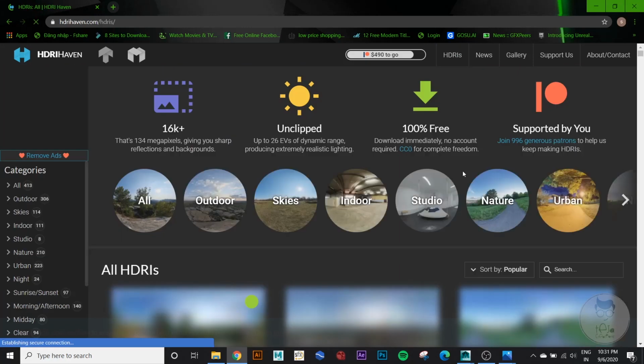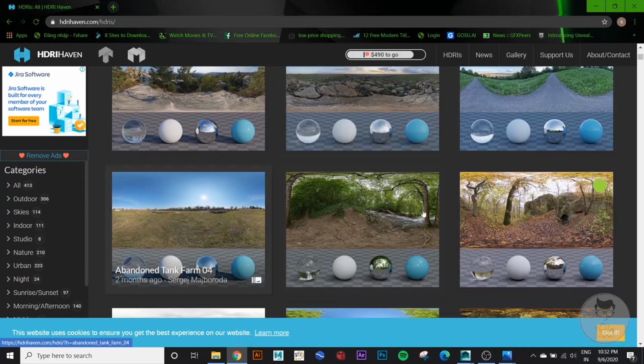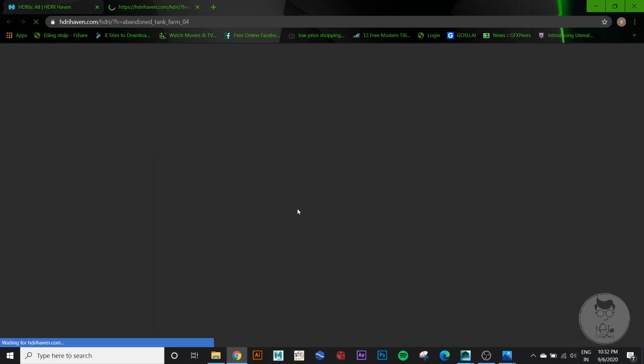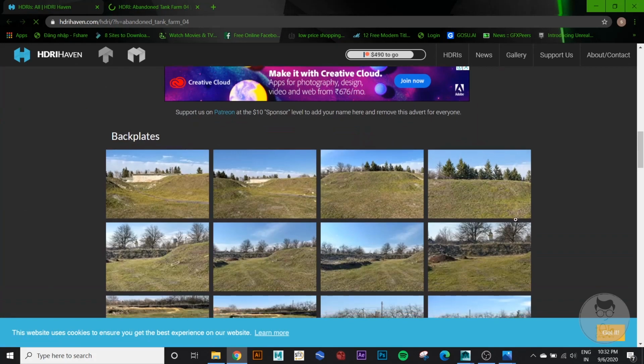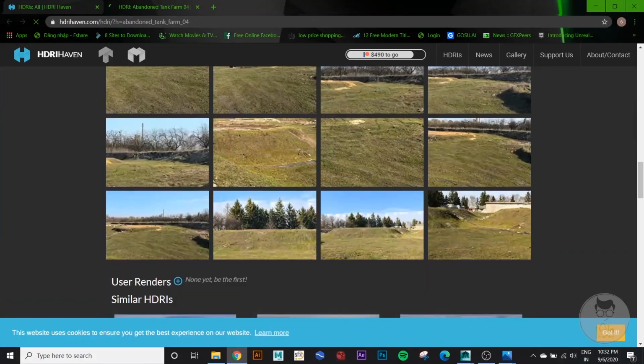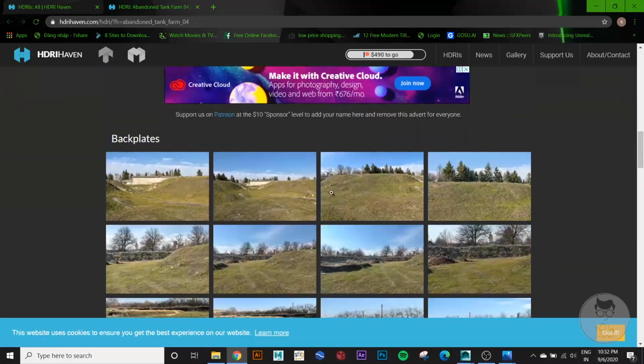Okay, just go to HDRIs, and I forgot to mention that each and every image doesn't have its respective backplate. Do check each and every image, and take the images only if you have the backplate. See, this has a backplate, so it would be easy for you to take this HDRI and this backplate.